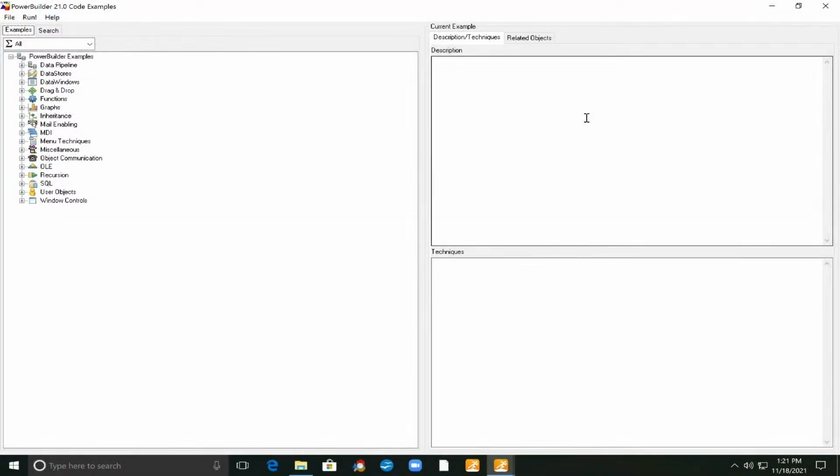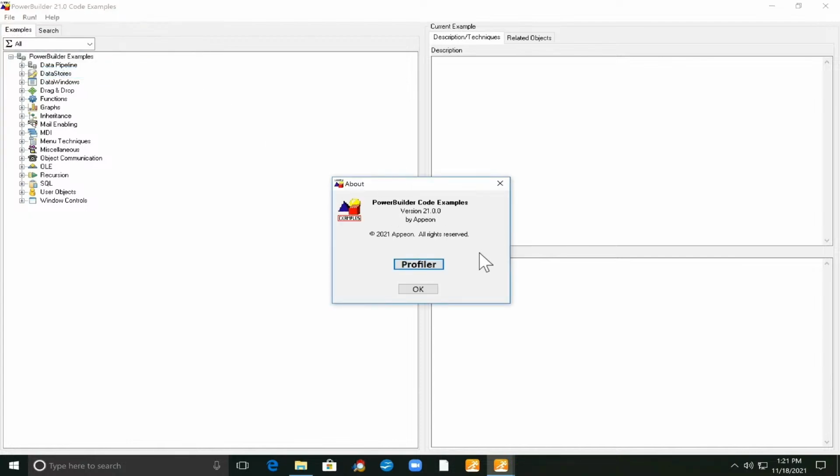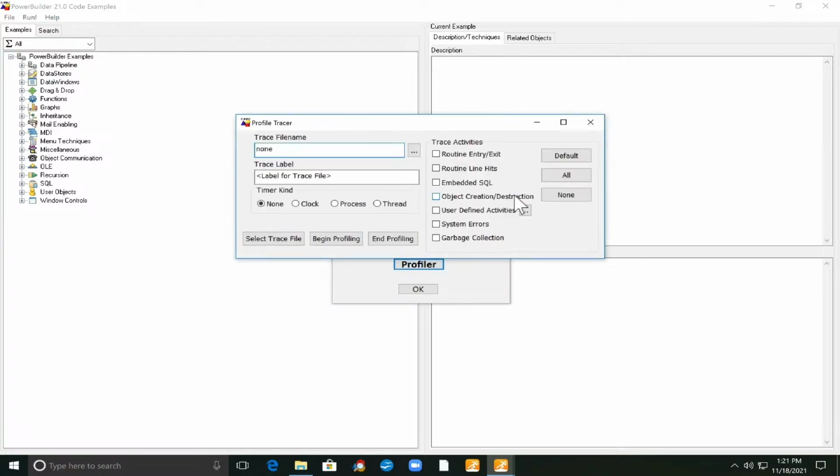So here we have one of the PowerBuilder code example applications. What I'm going to do is open up the About window, and to it we see that I've added a command button that opens up the window of type main that is the profiler window that I have created. So here we have most of the options, if not all of them, from the System Options Profiling tab page.